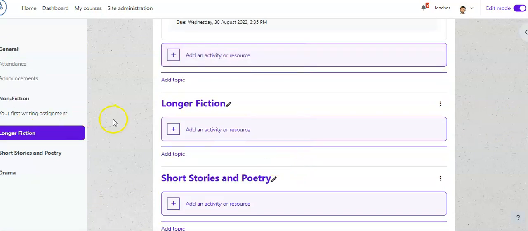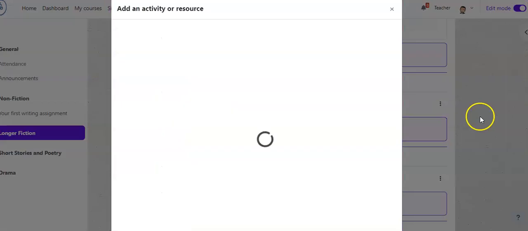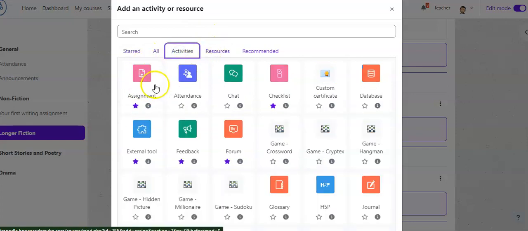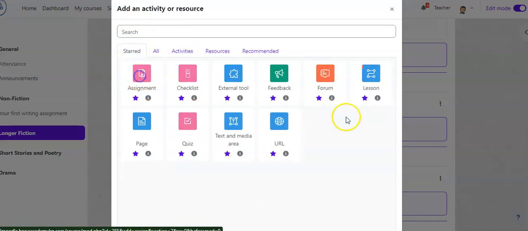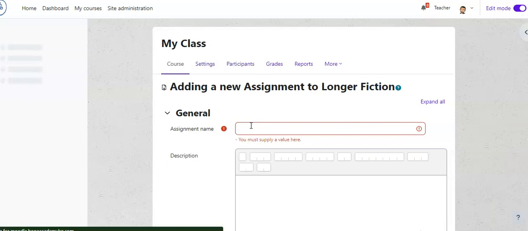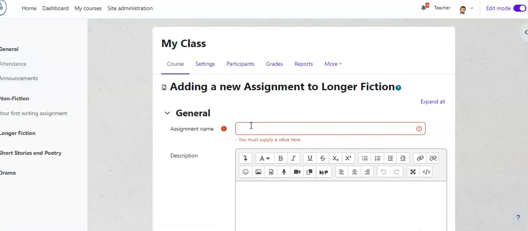So let's say you want to add, I'll go down just randomly to a different unit. Let's say for the longer fiction, you want to add a new activity and you'll want to go to assignment. If you see the whole list like that, you'll probably see it this way when you first come in. I have it starred because my favorite tools I've starred, so I don't have to look through all the choices every time. So let's say for longer fiction, you have a final assignment which is